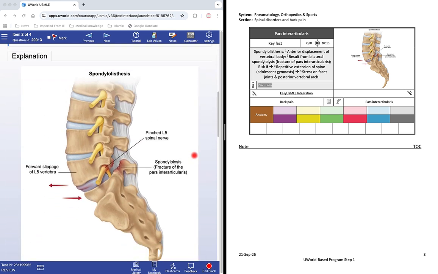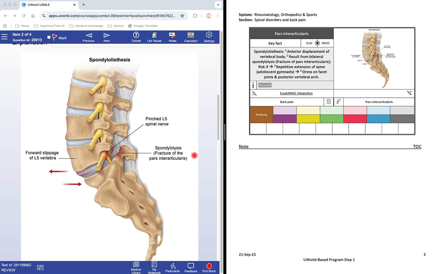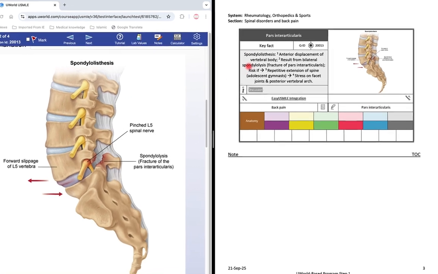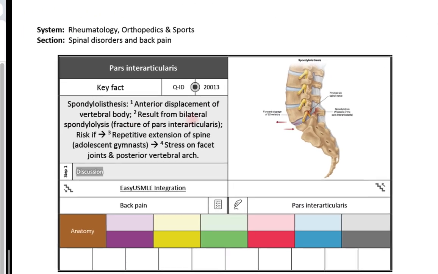This is a condition called spondylolisthesis, in which there is a bilateral fracture of the pars interarticularis. With a fracture of this part of the vertebra, there will be anterior displacement of the vertebral body, and that causes the symptoms. So in spondylolisthesis, there is anterior displacement of the vertebral body. It results from bilateral